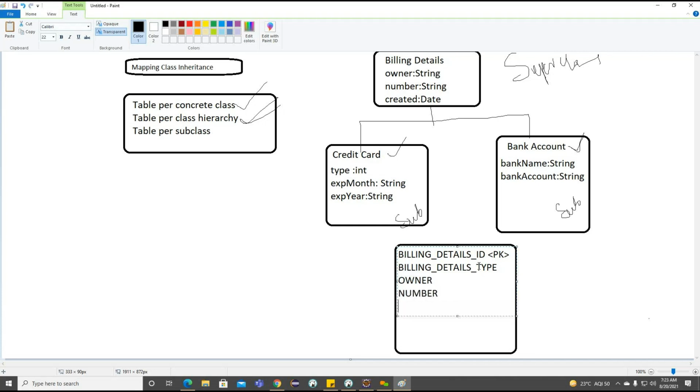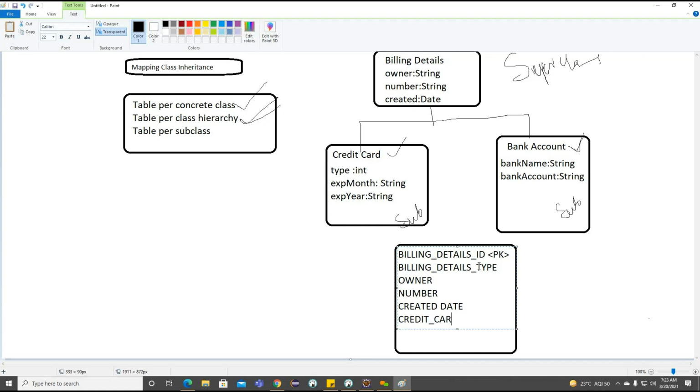And later, this is our owner, number, created date. These we are trying to get from the billing details class.